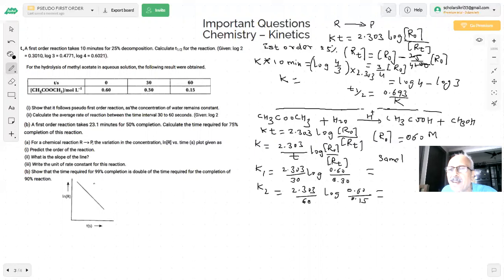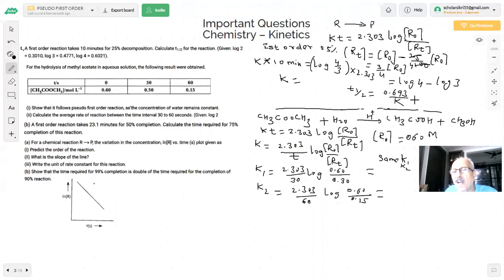And when you get the same values of K, K1 and K2, that proves that this reaction which we have given is a first order reaction, because it is obeying this law. Which formula is it obeying? This one. So it is obeying the first order formula. Both values should be the same. That is what I am saying. The two values will come out the same. Therefore, I can say that it is a first order reaction. If you calculate, you will find this.